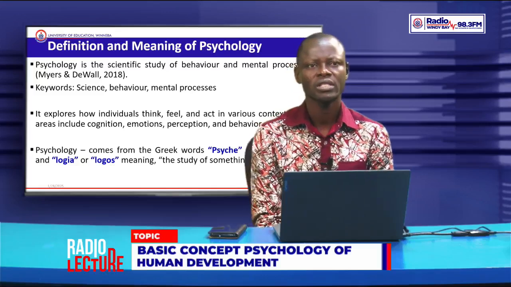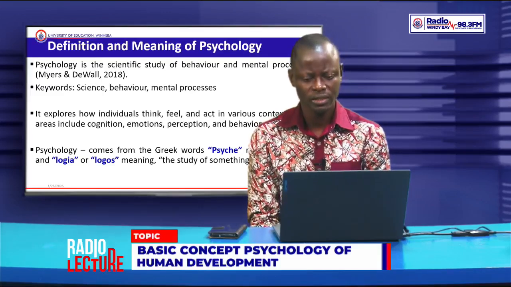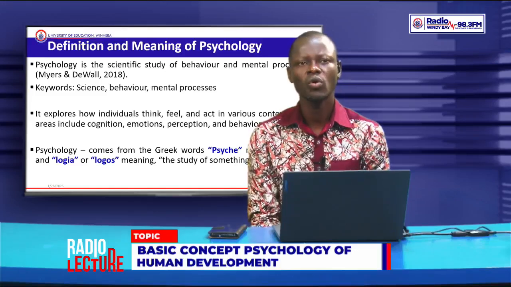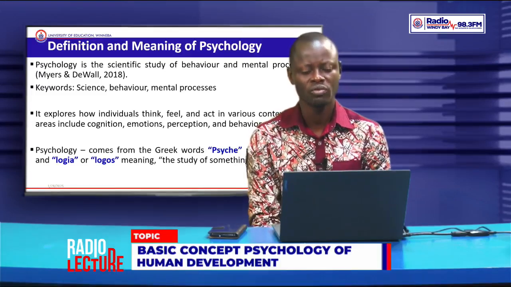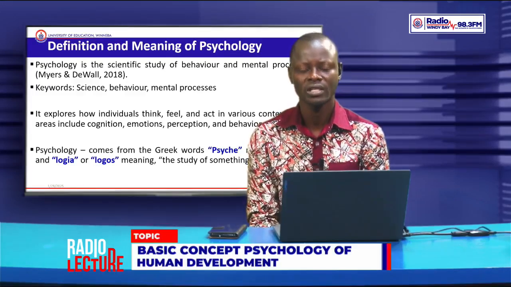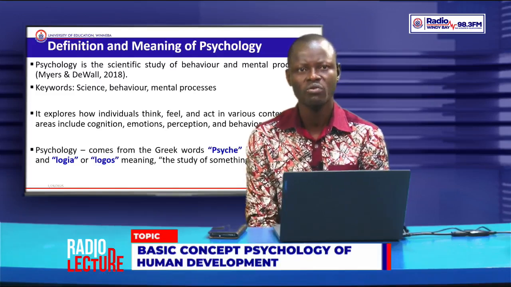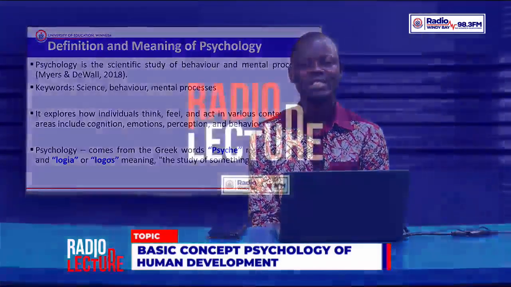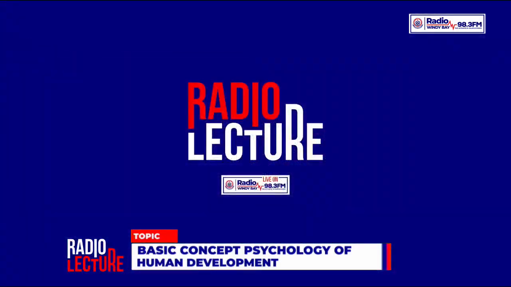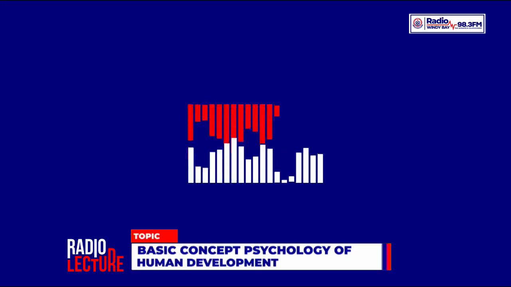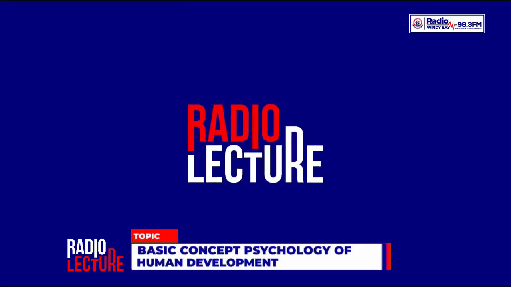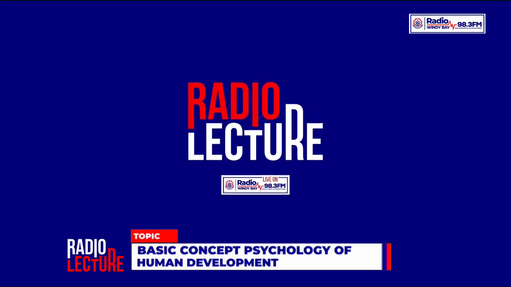Psychology is coming from the Greek word psyche, and psyche means the mind. Then logos or logia, which is plural, is actually the study of something. So when we put the two key words together, we will see that psychology is a scientific study of something. And this something refers to the way we act, the way we control emotions, and the way we behave or perceive at times. These are key concepts that we need to be aware of.